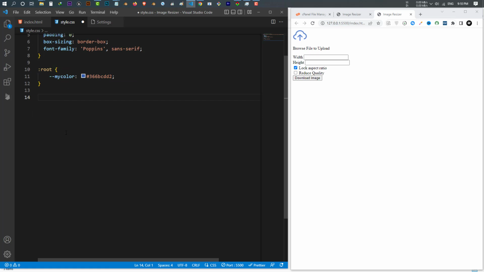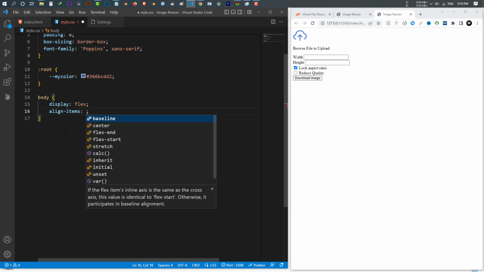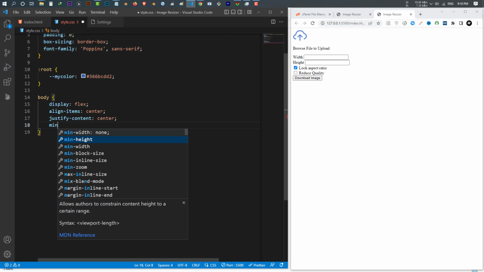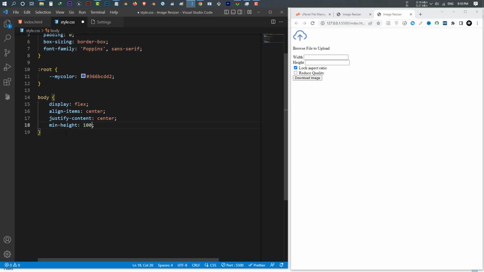That's really easy and can save a lot of time. So I make the body. Let's give some style to the body. I want to display everything to the flex box. I want to align the items to the center. I want to justify the content to the center and give it a min height of 100 VH to put